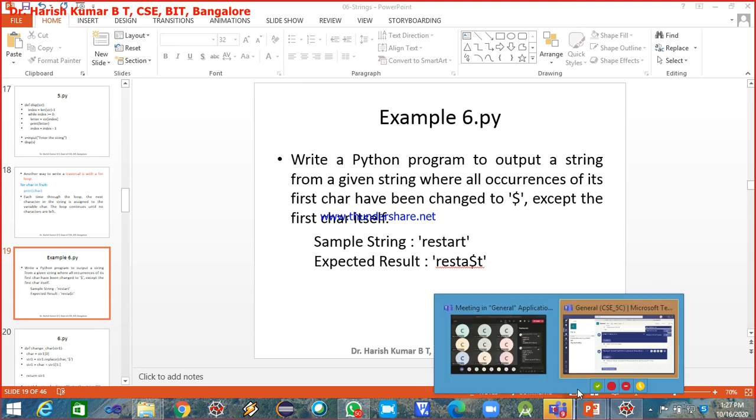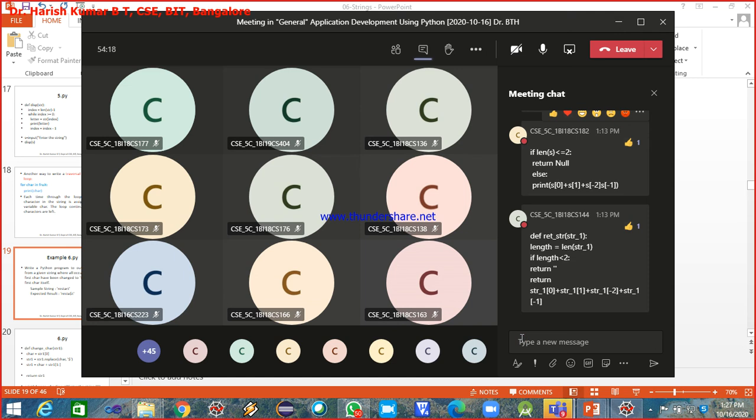Write the answer in the chat box. Make it fast.